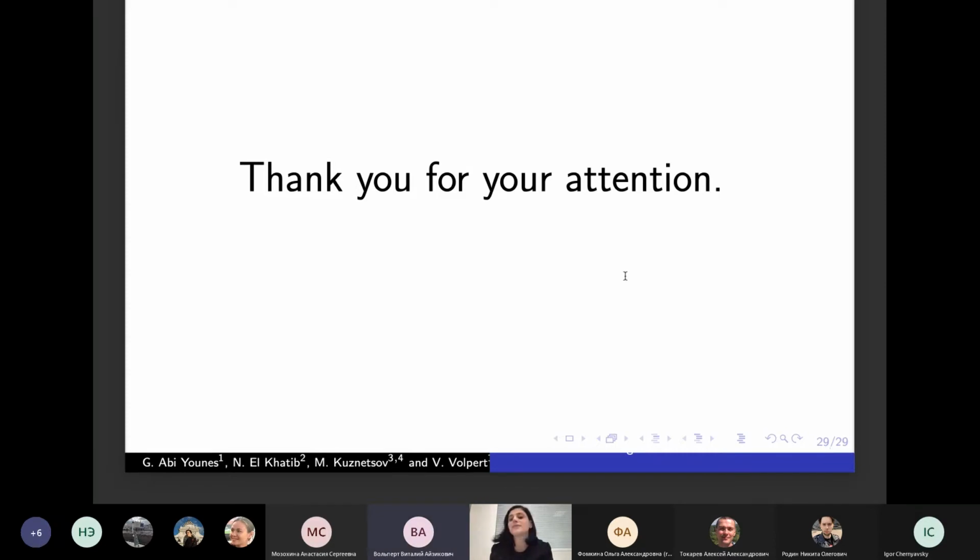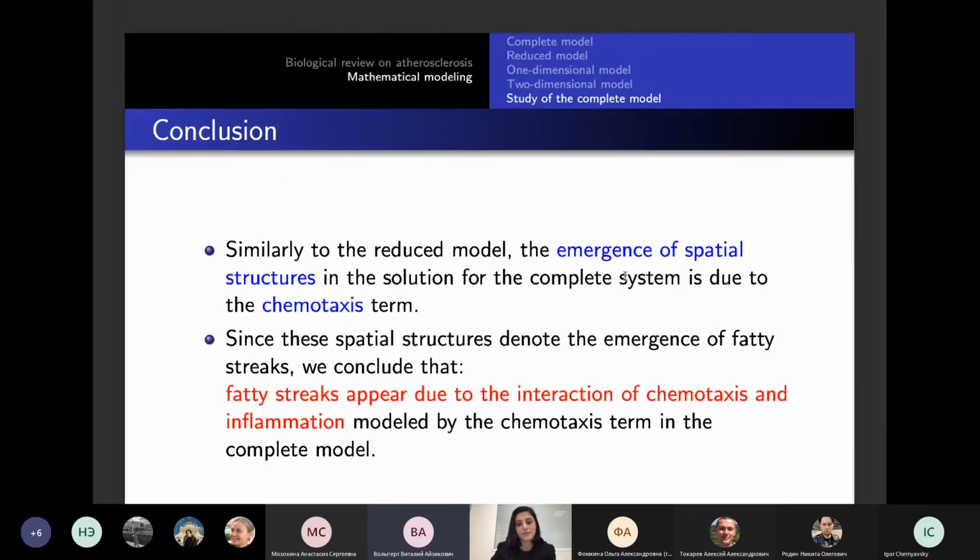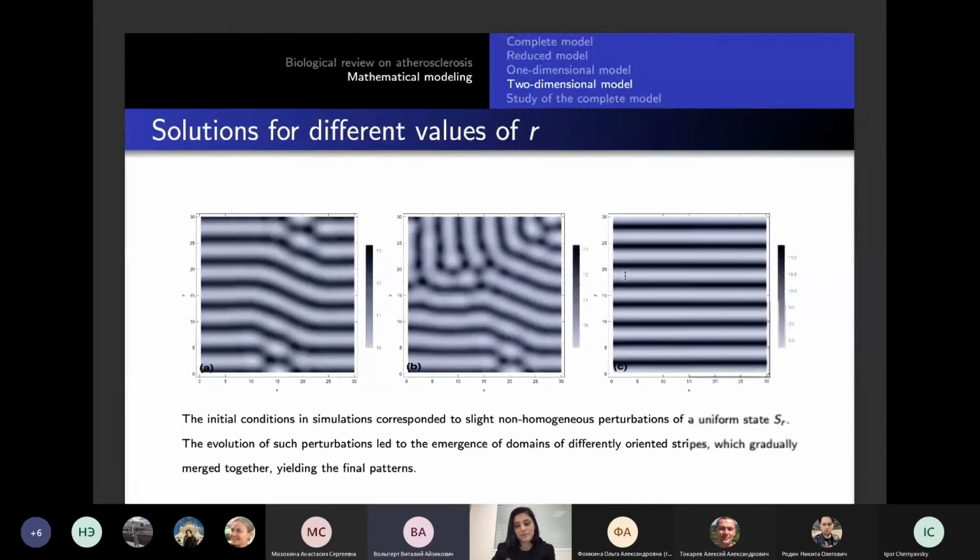Well, while our audience thinks about possible questions, if there are some, let's return to these two-dimensional simulations. I think this is quite interesting, but in this particular work, it's just some numerical examples. It's not a systematic study of this two-dimensional problem. It becomes a little bit more difficult to study it. Numerical simulations are a little bit longer. And moreover, the convergence rate to these stationary solutions is quite slow. This is why it takes more time, and this is why in this work we just stopped at several examples.